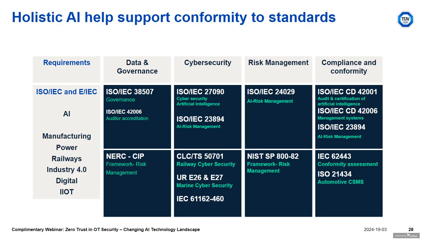Like marine uses unified requirements E26 and E27. So you combine this. UR E26 design is also based on IEC 62443. So you combine the results of the assessments you're performing in your marine or railway, where you see there are additional assets we've been using. Those assets are AI-based solutions, and you should definitely include them in your assessment, including those risks also. So this gives you an example of how various standards are used in AI and in conjunction with your operational technologies in various segments.